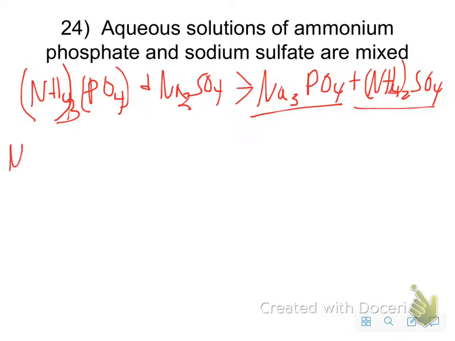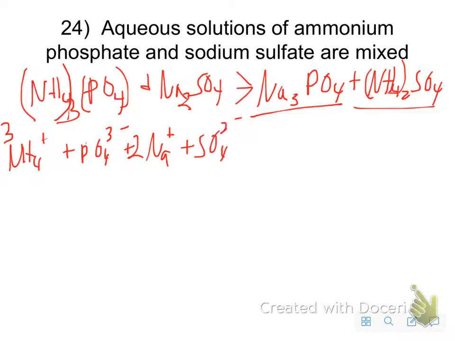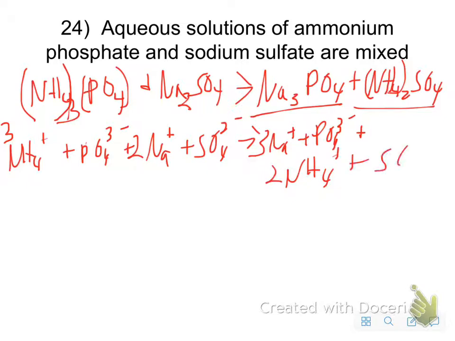So if I were to write the net ionic for this, NH4 plus, so I have 3 of those, plus PO4, 3 minus. I'm not going to write the aqueous because I'm being a little bit lazy. I'm actually out of room. And I get 3 Na plus PO4, 3 minus, plus NH4 plus 2 of those, plus SO4, 2 minus. If I look at what my spectators are,